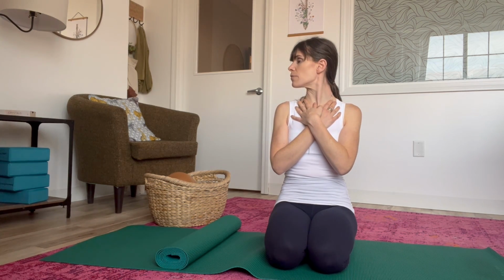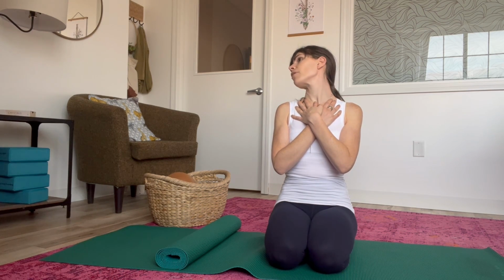And then bring your head back up and untwist and go the other way. So look the opposite way and then tip your head back. Relax your jaw, soften your tongue off the top of the roof of the mouth. Relax your shoulders, soften your breastbone. And 5 breaths. Bring your head up and untwist. Okay, so from here,